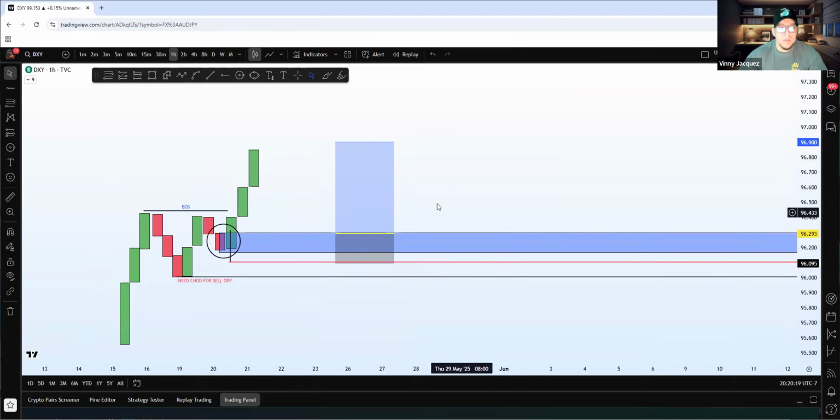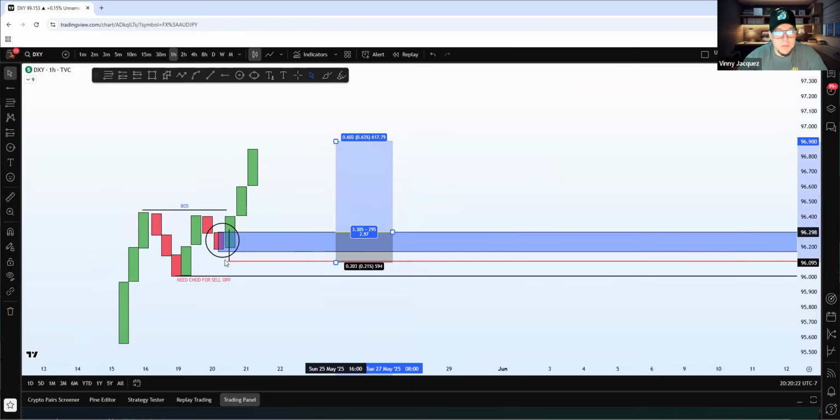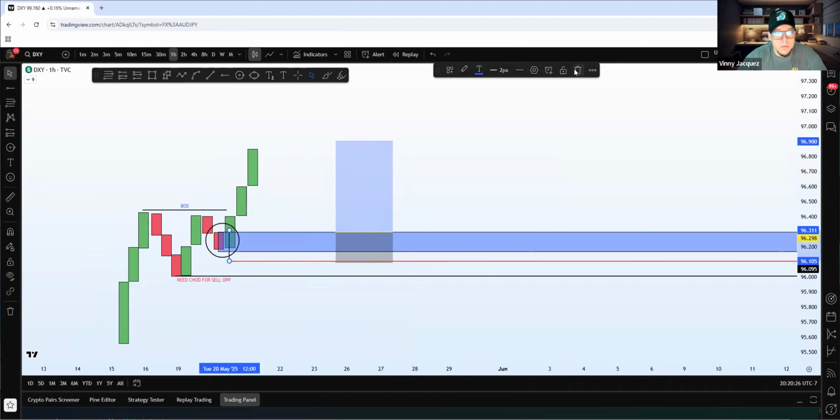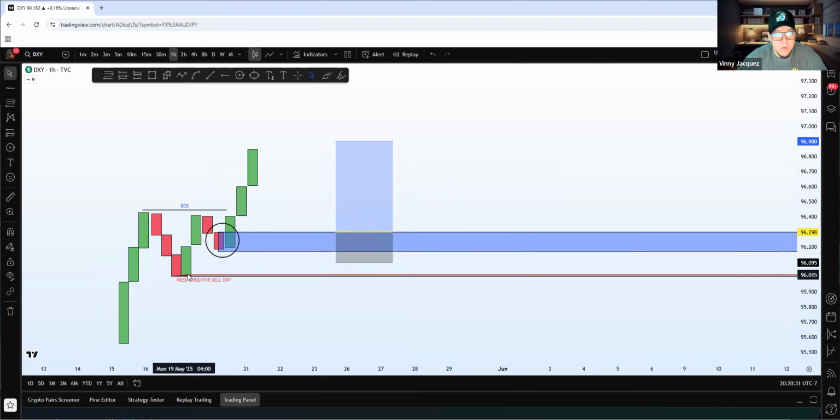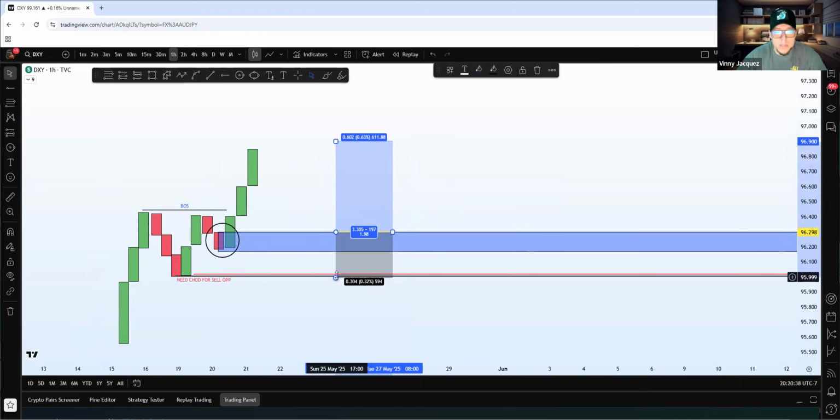Now, this is the thing, right? Sometimes market structure in this area could be very, very ugly. And maybe there's no wick. Maybe it looks like that. If that's the case, your dominant low will be your stop loss. Okay, the dominant low will be your stop loss, and that is okay, guys. Watch the lives. Watch where the educators put their stop losses. Guys, it's very rare when you see a stop loss with the educator that looks like this. Very, very rare. It's okay to have a little bit of a wide stop loss.